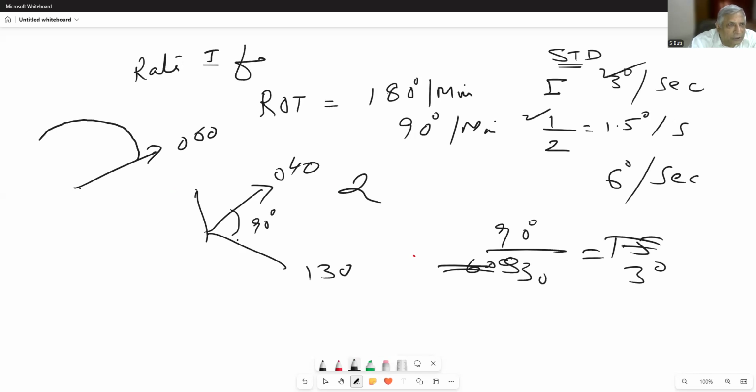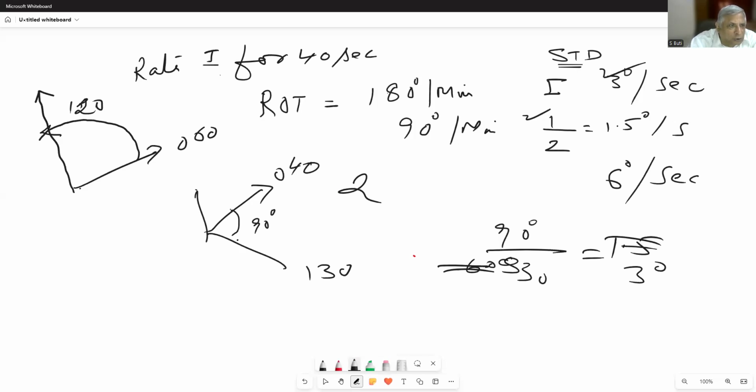for 40 seconds. In which direction will the aircraft roll out? If you are turning at rate 1 for 40 seconds, 40 into 3 degrees per second, you will turn by 120 degrees. 120 degrees to left means